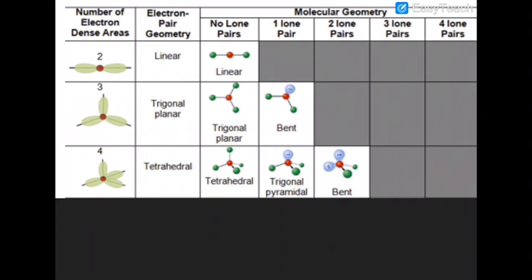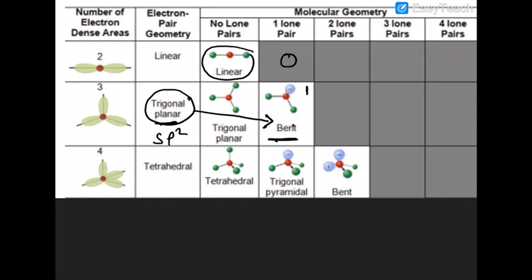Similarly, look at that. Perfect linear if lone pair is 0, but if one lone pair is present, then it is a bent shape. In which case? In trigonal planar shape. So trigonal planar becomes bent. I have given you just an example. Just go to the next. The example is bent shape. I have given you two examples. One is of what?